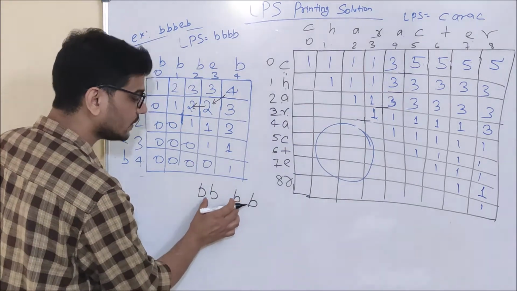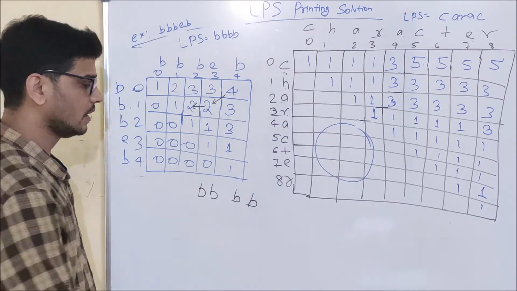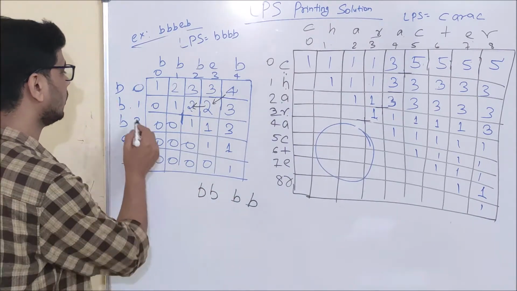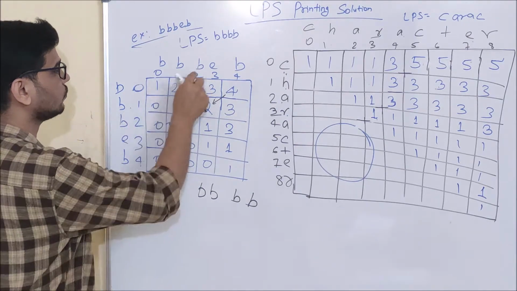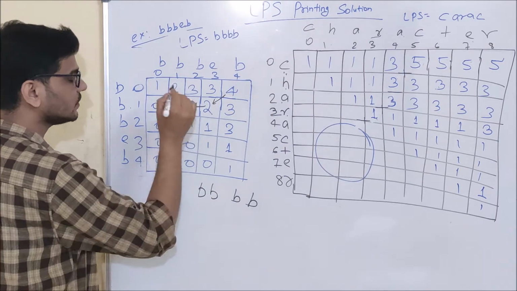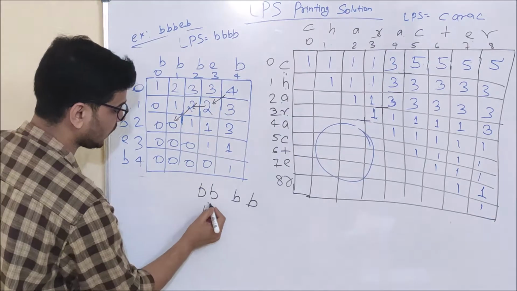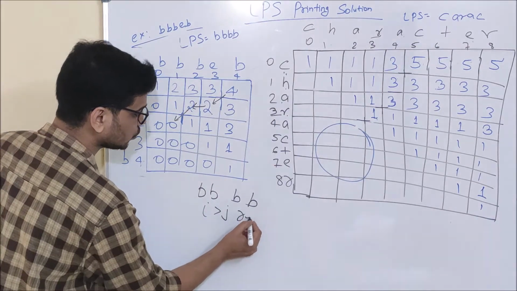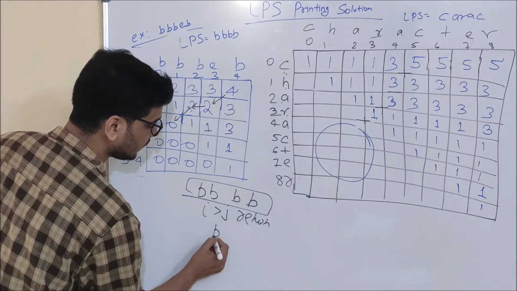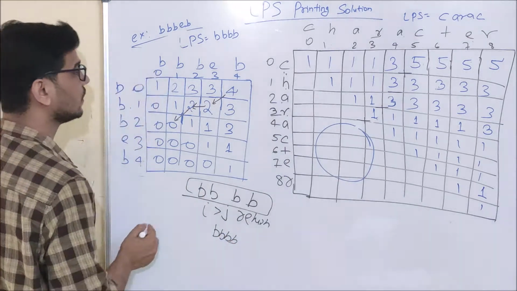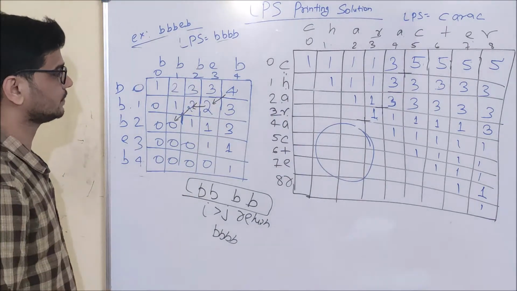Let's forget for the time being how I am going to do it. I will explain in detail how to do it. Now the characters are matching at this particular position, 1 and 2. So my answer would be coming from the diagonal value. And now we have reached the position where I is greater than J. So I will return from here. And before returning, we have printed BBBB. So as you can see, BBBB is our answer, which is correct.